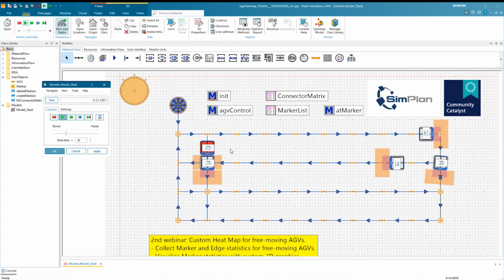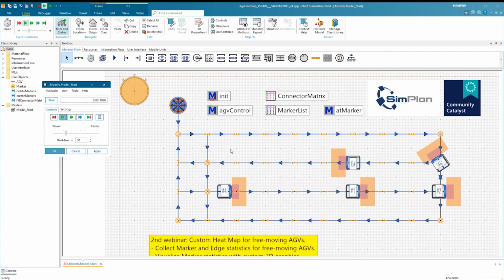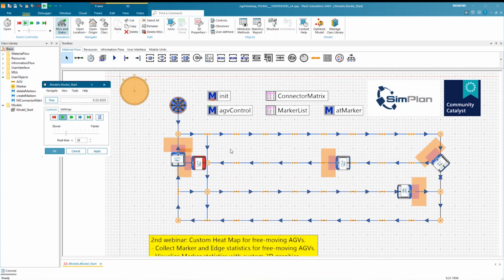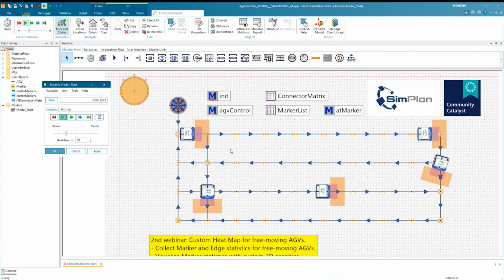So you can see if AGVs are getting too close to each other. I do not stop them completely. I let them drive with very slow speed until the other AGV is out of the way again, so that they are continuously moving throughout the layout.